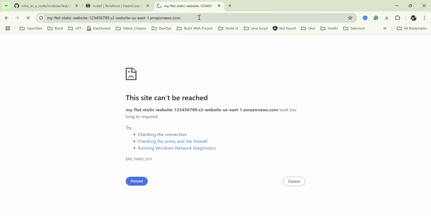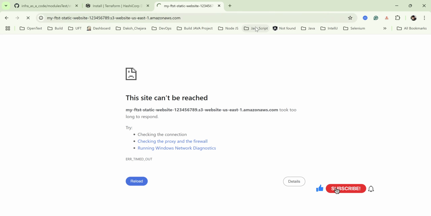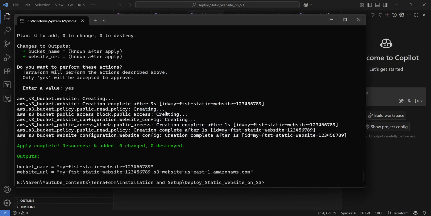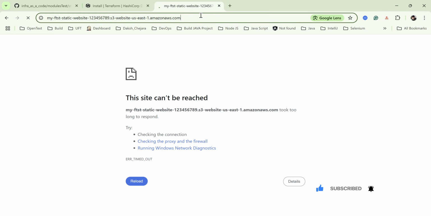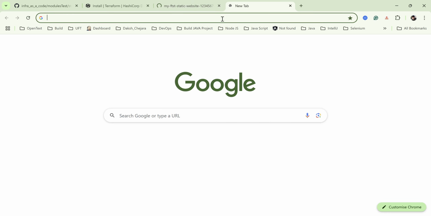We are getting an error. It looks like it's not deployed successfully. Why? It should be, let's see, first website S3 bucket US East. For some reason I cannot access this. Let's quickly check on AWS whether it's created or not.